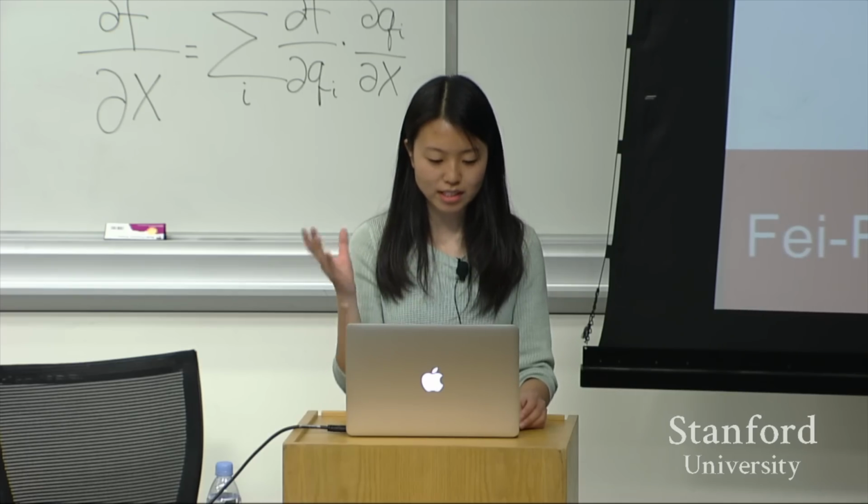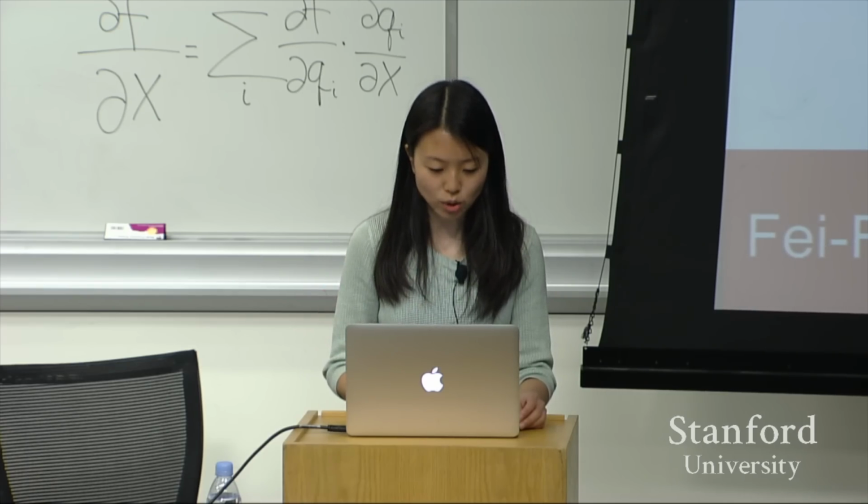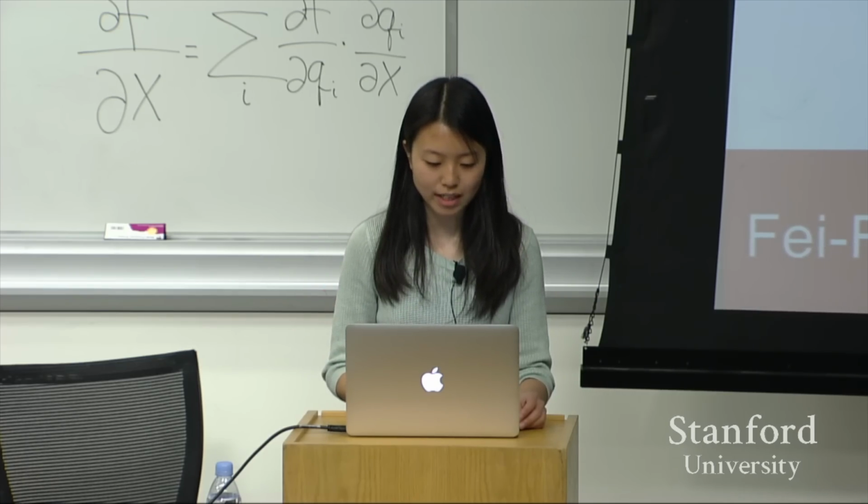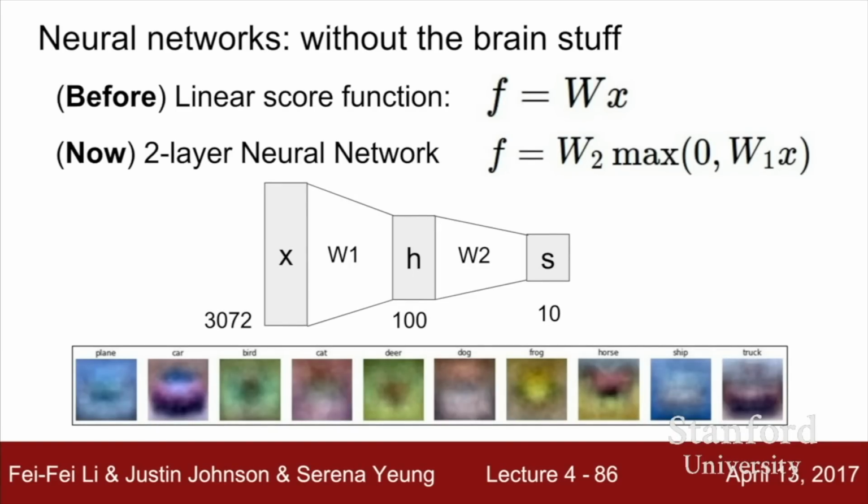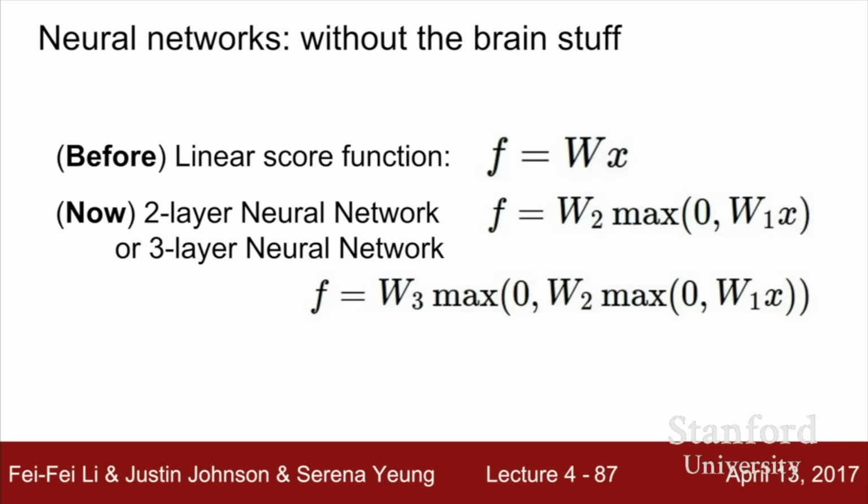Yeah. So the question is H just W1x. So H is just W1 times x with the max function on top. Okay, so we've talked about this as an example of a 2-layer neural network, and we can